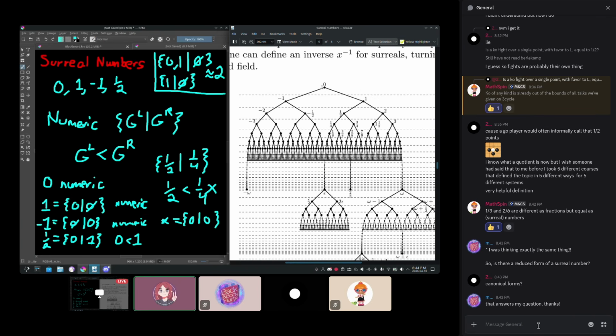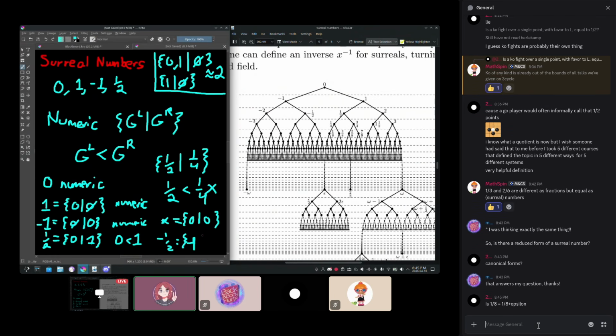Yeah, -1 is made out of 0 and nothing else, so we put it here to the left of 0. We also have 1, which is also made out of 0 and nothing else, so we put it here to the right. Then in the next row we have -2, which is made out of -1 and nothing else. We have -1/2, which is just this game, right? -1 and 0. So it's made out of -1 and it's made out of 0, so it gets a spot here in the middle.